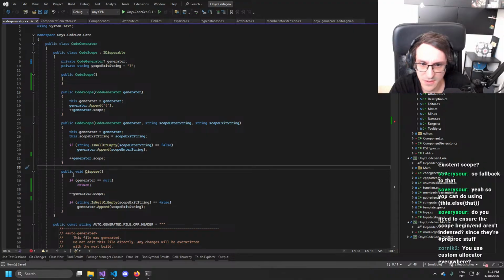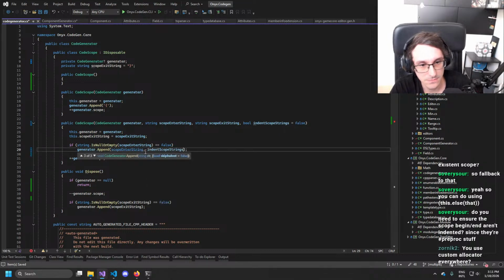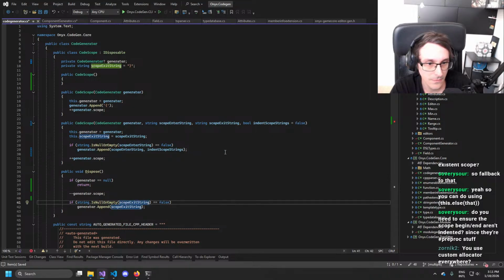And then the only missing piece is that we don't want to append potentially. So we do maybe a bool indent scope strings. Or maybe, yeah, no, that's fine.